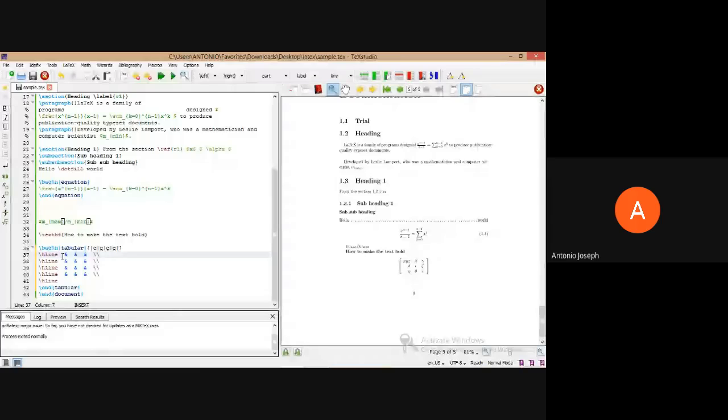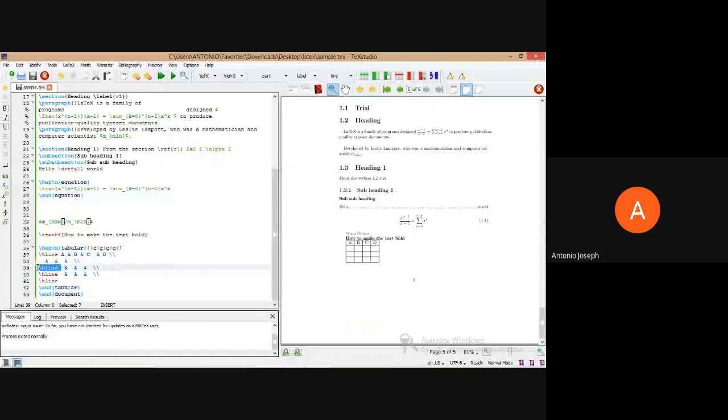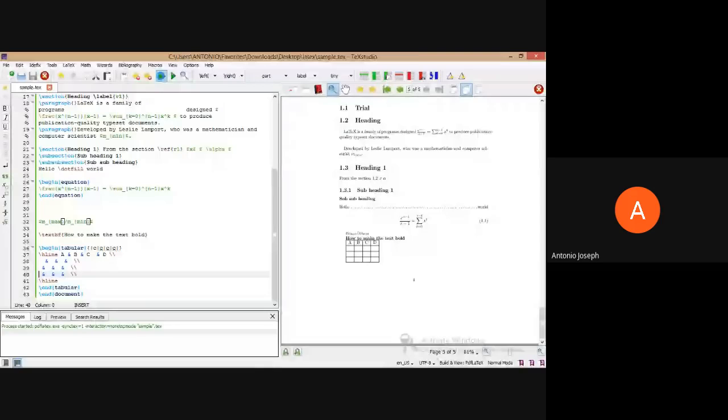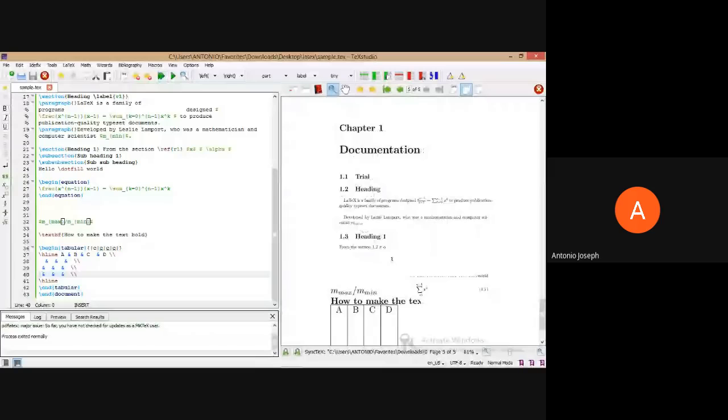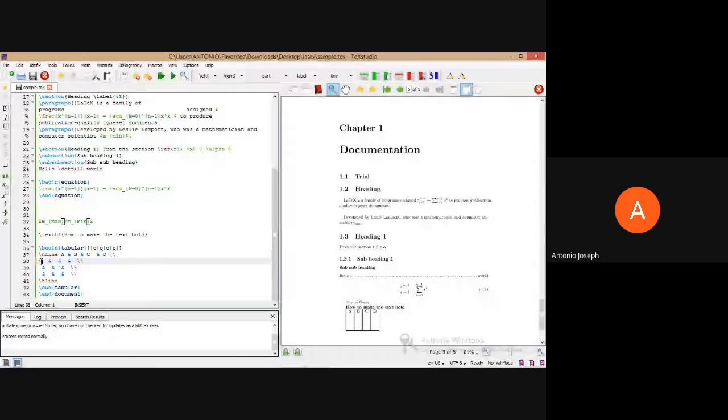These are the alphabets for creating. See the table that we have created. If you don't want these horizontal lines everywhere, we can just delete them, so it will look like this, with no horizontal lines in between. Or else, if you want to provide the horizontal lines to the title alone, then we can provide that.